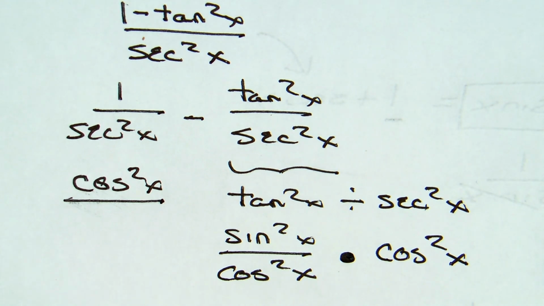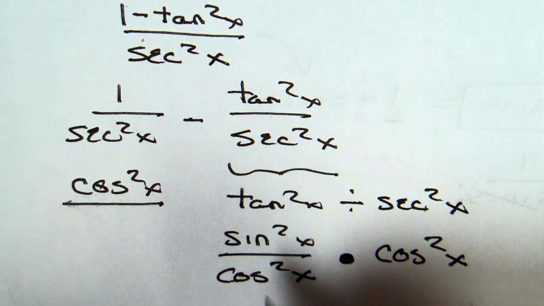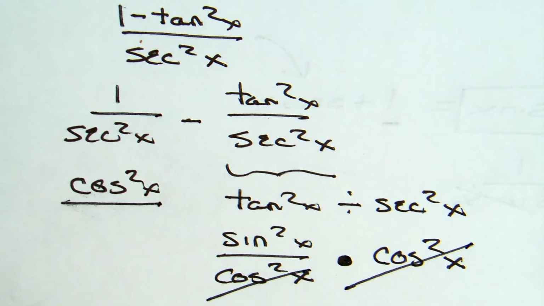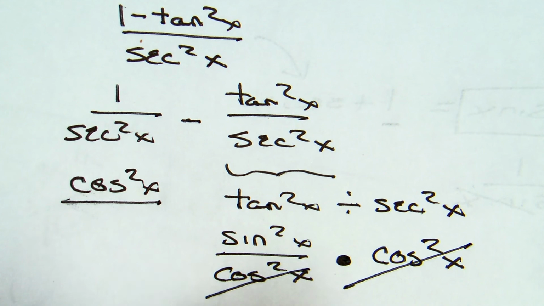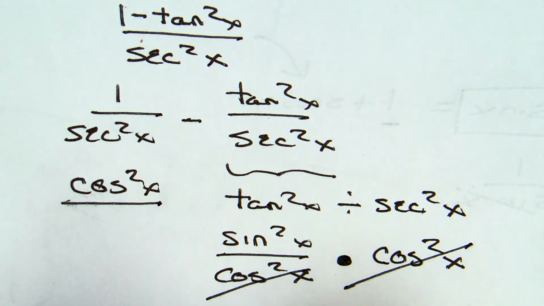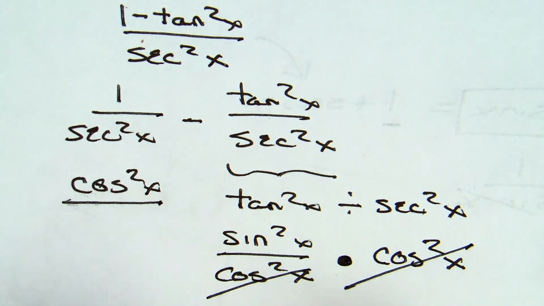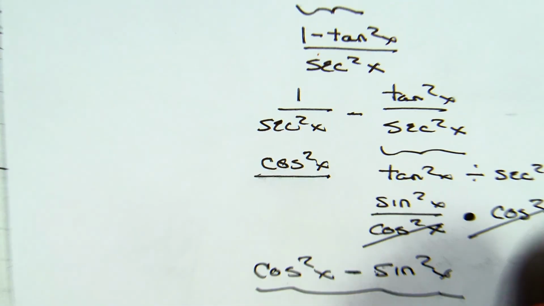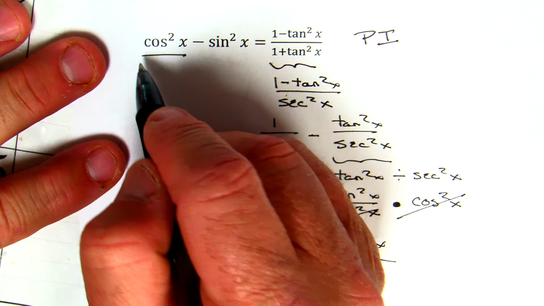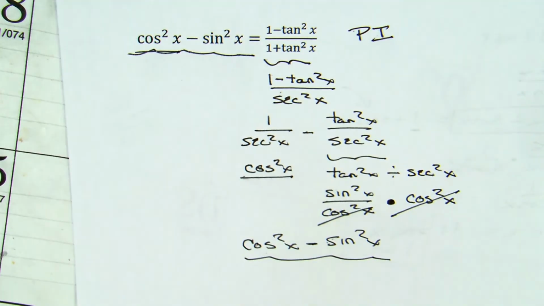Well, what then are the cosine squared x's going to do to each other? Cancel out. And I'm going to be left with cosine squared x, which I got from the beginning, minus what's done after I canceled, which is sine squared x. And you'll notice the two expressions are now exactly the